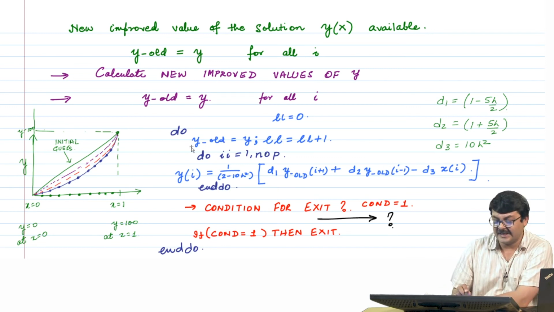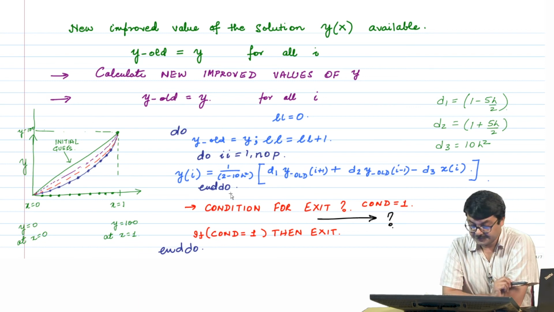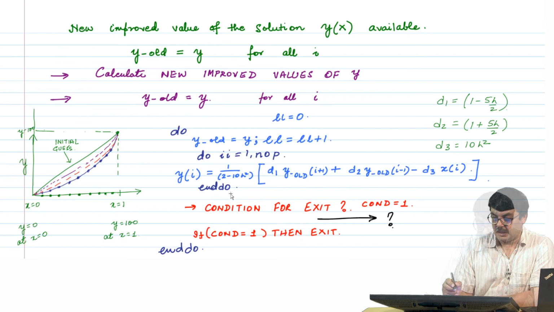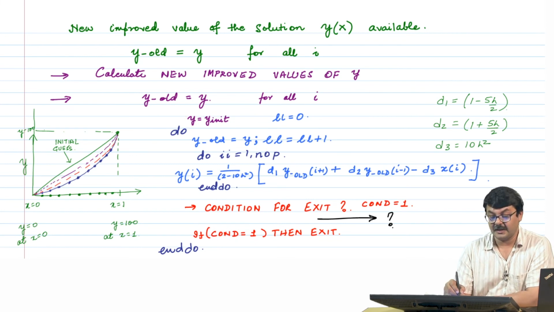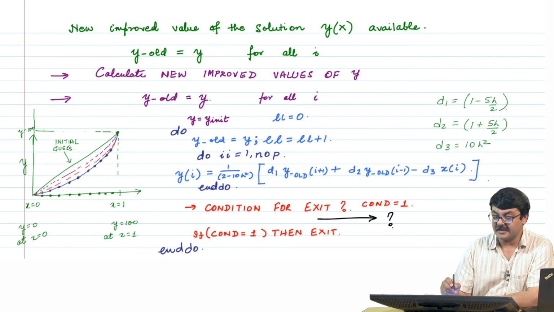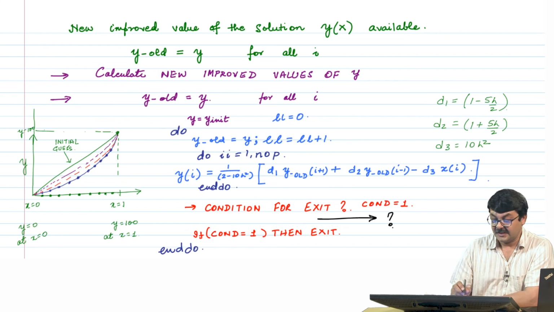So, I have first saved the value of y old for the purpose of the do loop, right. Suppose you stored the initial values in this array y. I had made a mistake, so I added this statement. So, the value of y is stored in y old first, and then you update the value of y here,